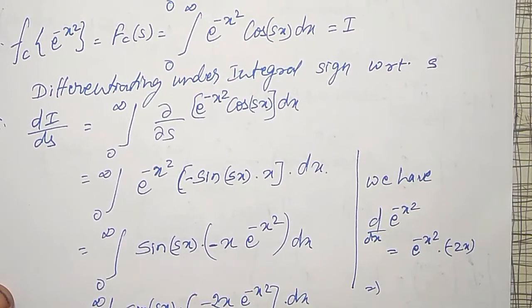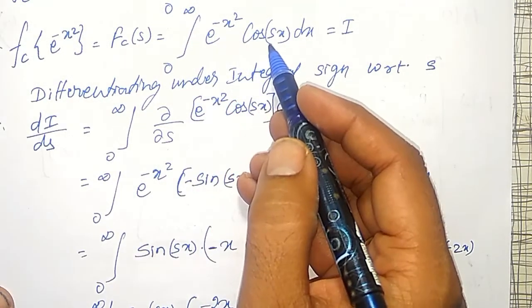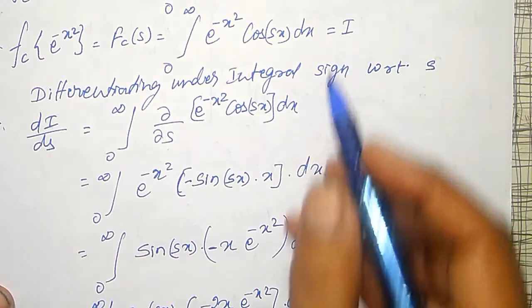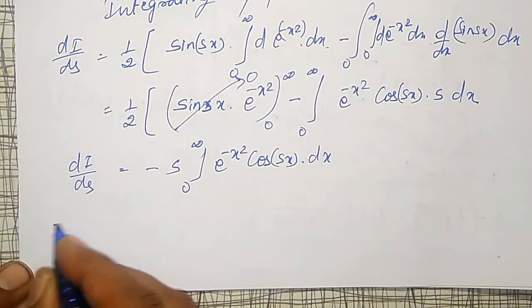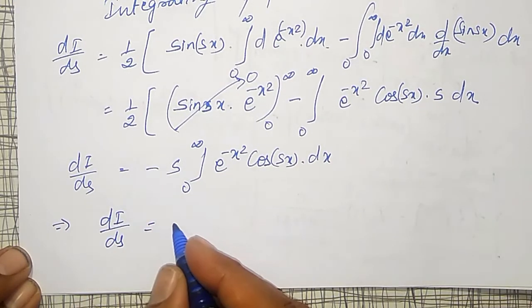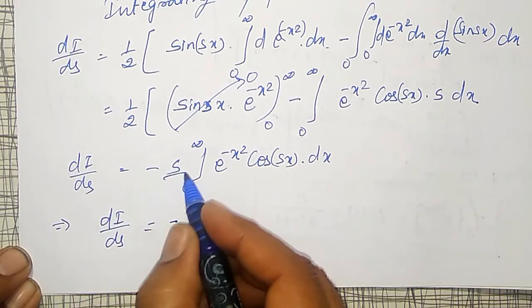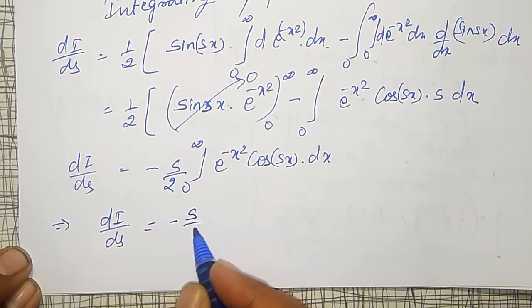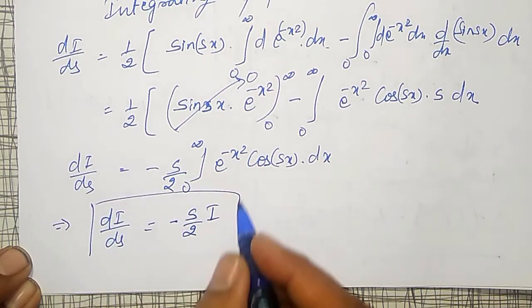Just check here, integration from 0 to infinity e to the power minus x square cos sx dx is equal to I. Therefore that one I will substitute here. This implies di by ds is equal to minus s by 2, this is also 1 by 2, I have forgotten here. This is s by 2, and this one I can write as I. Okay, which is